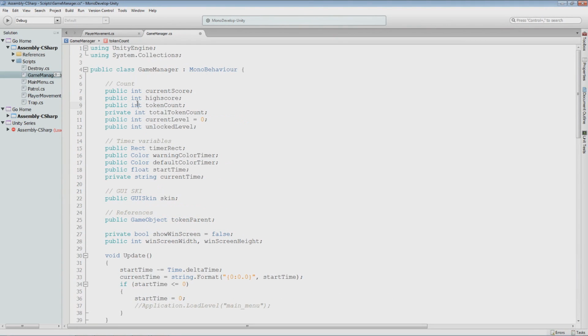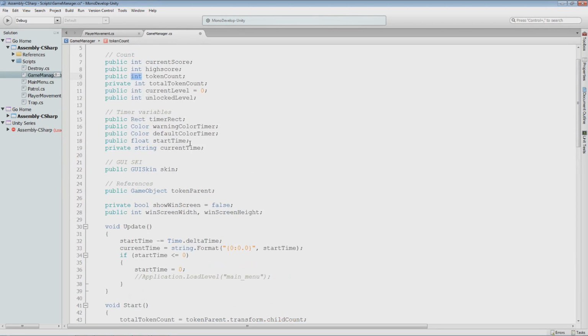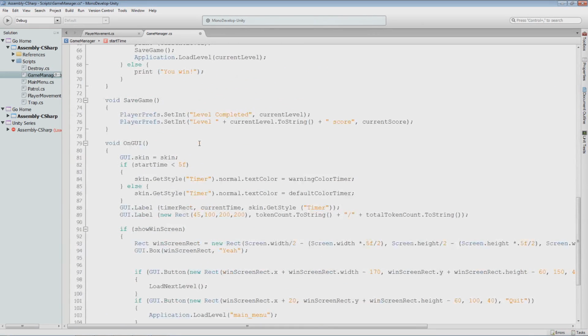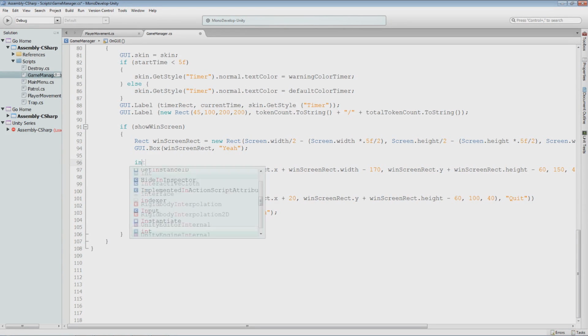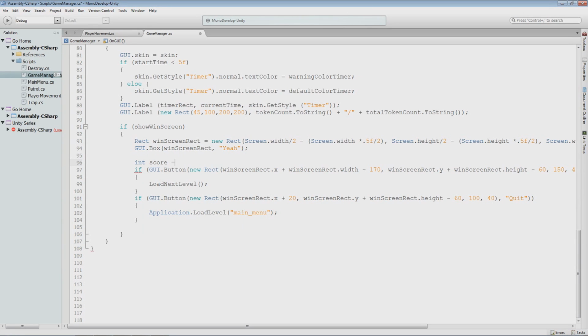Token count, though, is an integer, and if we were to be multiplying that by the start time, that would be a float. So we would have to convert one of ours to the appropriate type, because you can't multiply a float by an integer and vice versa. So you have to actually convert the type to match what you're doing with it. So we're going to be taking that, multiplying the remaining time by the amount of tokens that we've collected. Let's go ahead and start that. So the idea would be to have an int with a score called